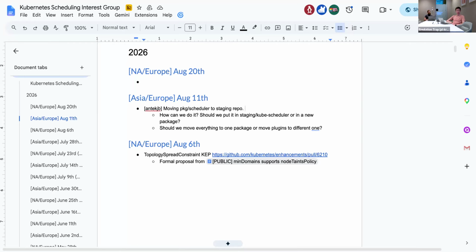And it's also discouraged to import everything to the library. So one way of solving it would be moving scheduler to staging.